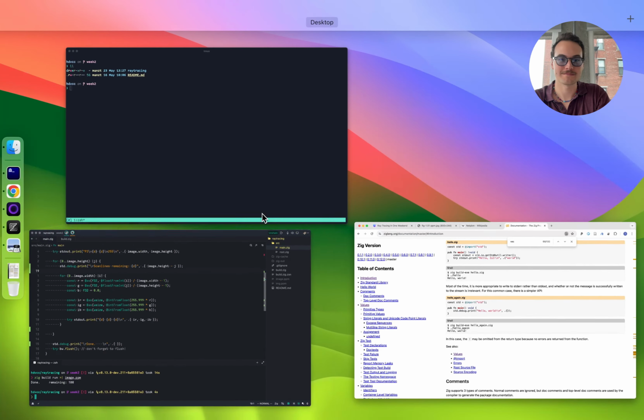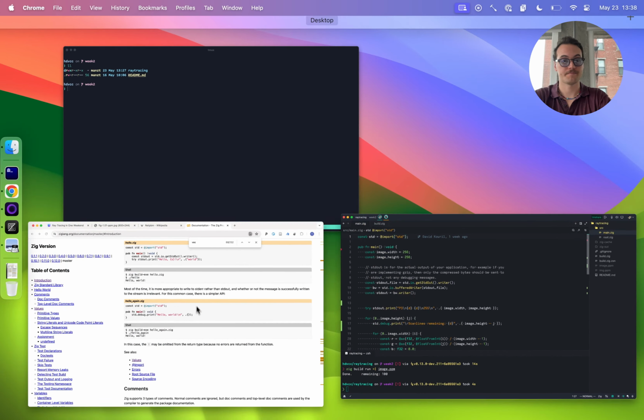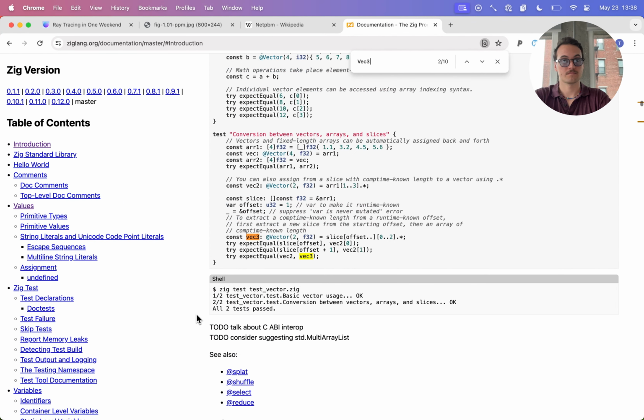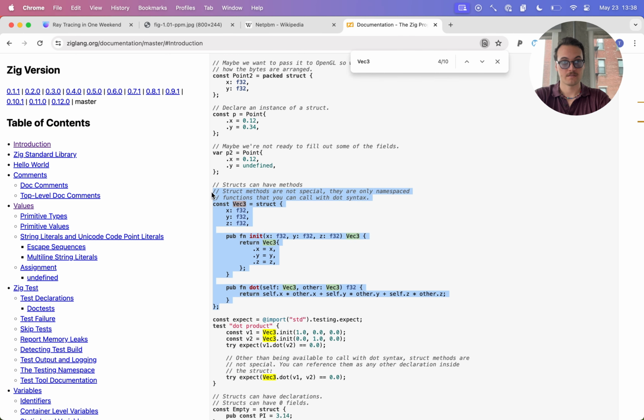I think I found it in the documentation actually. I was trying to figure out, because you don't have anything like a class, right? I don't think there is anything like that in Zig. So you have a struct. And I think this is exactly where I lifted it from, because if you just look up the documentation, look at the structs, here we go. So you can have a struct that has some